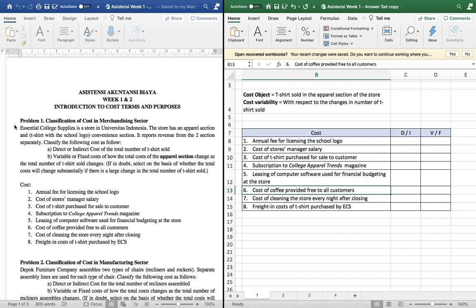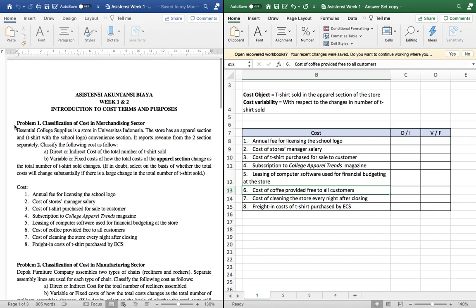So, Essential College Supplies is a store in Universitas Indonesia. The store has an apparel section, which sells t-shirt with the school logo, and convenience section. It reports revenue from the two sections separately. Classify the following costs as follows. A. Direct or indirect costs of the total number of t-shirts sold, and B. Variable or fixed costs of the total cost of the apparel section change as the total number of t-shirts sold